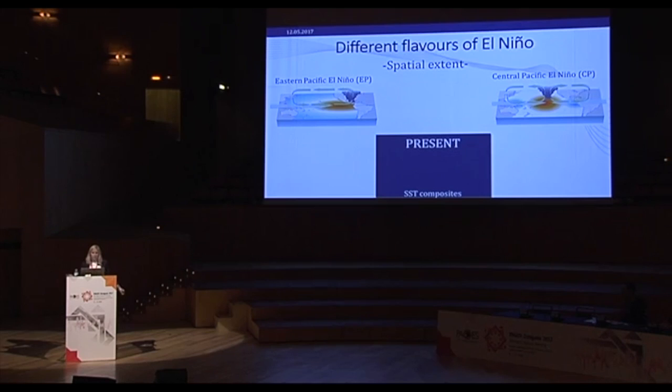In this case, we have different convection in the center of the Pacific, rather than close to the South American coast, which has pretty much different impacts on the weather and climate system. So just to give you an idea of what scales we are talking about, this displacement of the center of action, so the biggest warming in the Central Pacific, actually happens 10,000 kilometers away from its traditional